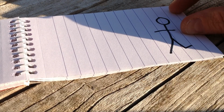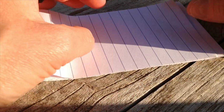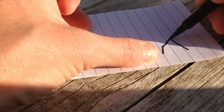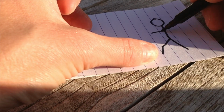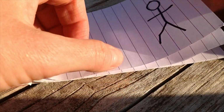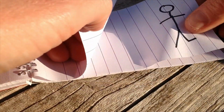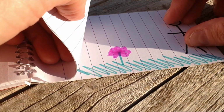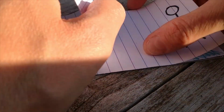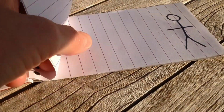I'm going to keep moving him over, just moving ever so slightly each time, until he gets to the flower. Now I've not drawn the flower yet, but I'm going to go back and show you where the flower was on the back page. It's there. Now the flower's easy because I can see where the flower is, so I can draw